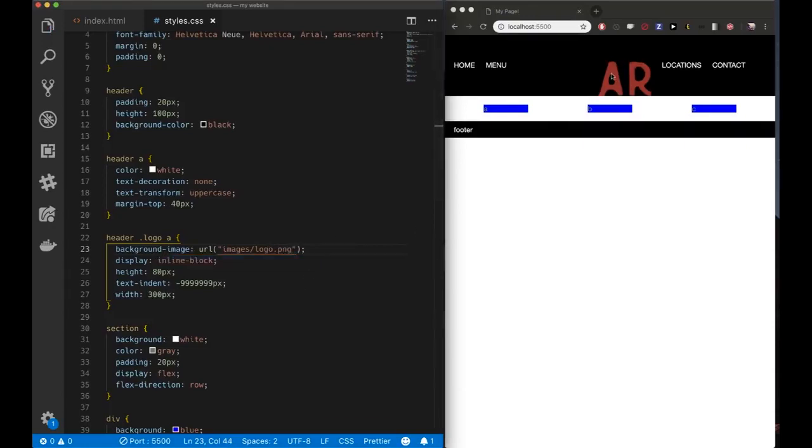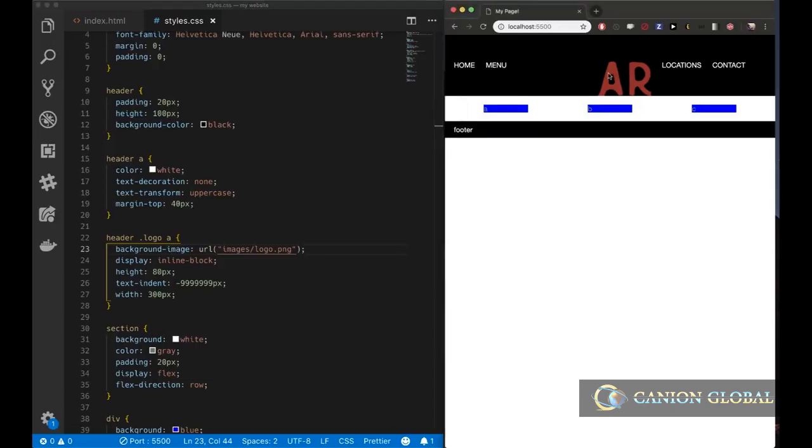Now you can notice that this logo is a lot bigger than I actually want it to display. This is the first important thing about images on the web. Make your images double the size and then shrink them down to the size you want inside the browser. This is simply because not all devices have the same pixel resolution. I don't know if you follow the tech specs on new iPhones and stuff like that, but they're always trying to cram as many more pixels onto the screen as possible